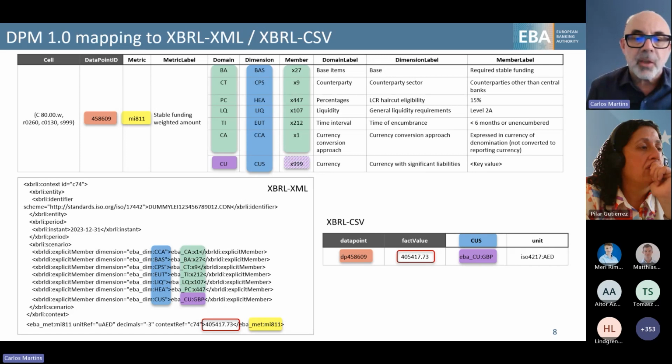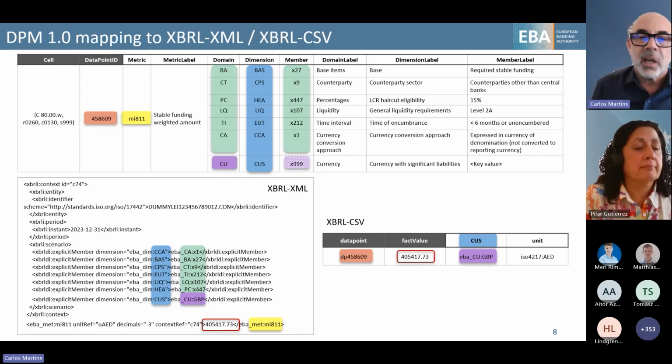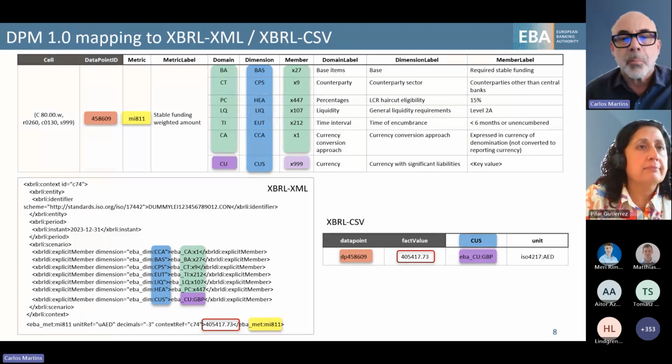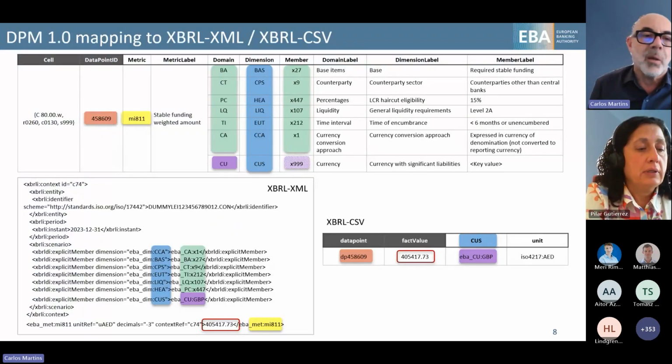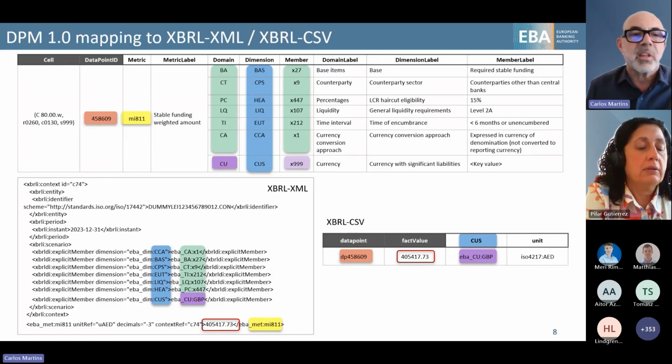But of course, you can think of the reverse process, when someone on the side of institutions needs to produce an XML report or CSV report. They can also use the metadata in the DPM, as long as they already know the mapping of the fact data to the data point ID. The process is very trivial.